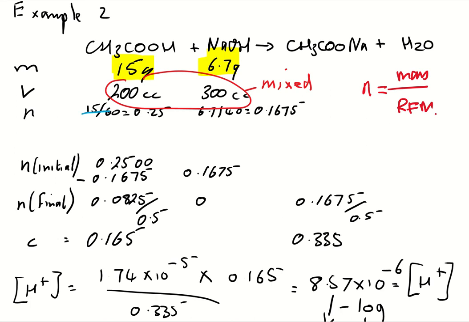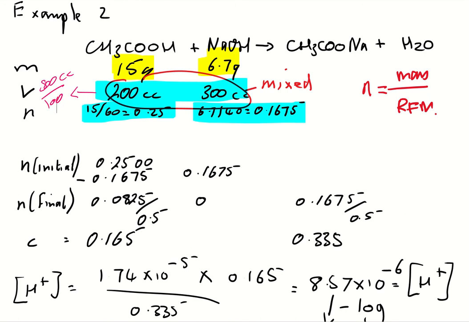which is what we've done in this step here. So we've got 0.25 moles of the acid, and again we've done the same here. We've got 0.1675 moles of the alkali. There's my volume there. They're mixed, so just remind yourself that that's going to be 500 cc's, or in other words 0.5 dm cubed. Okay, right, so to begin with, my moles, remember n's moles, initial is 0.25 moles of the